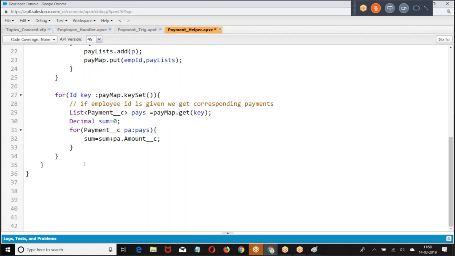Simply take this grand total, add it to the parent. Now it all depends upon your understandability on what is roll-up summary. If you first understand what is the roll-up summary in administration, then you understand this logic. Got it? Roll-up summary means what? Parent, childs are there. Sum of all the child amounts. There are 4 childs. Take every child, take the sum, add up. Now here also what I am doing? Employee ID, corresponding payment. Take every payment, add up the sum. Then here I am creating a map of ID, comma, what is the employee ID?